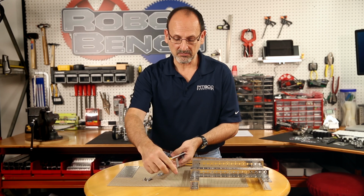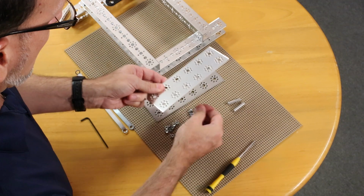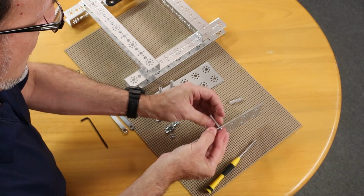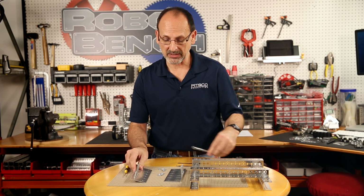Now again, I'm going to make mirrors, so once I've got one side, I'm going to do the same thing with the other plate, only on the opposite side. So take my socket head cap screw and add 2 standoffs on this side. Now once I've got those snug and in place, I'm ready to actually add these plates to the bottom